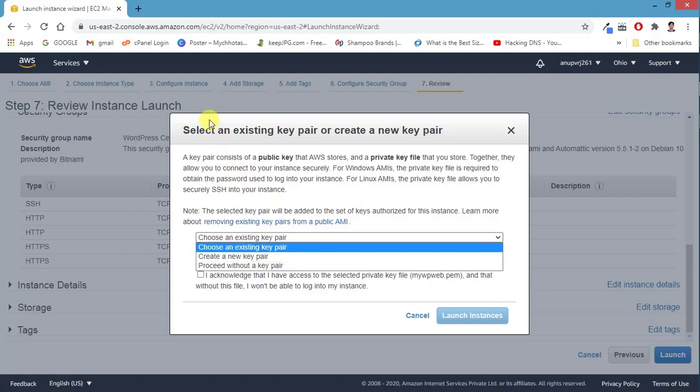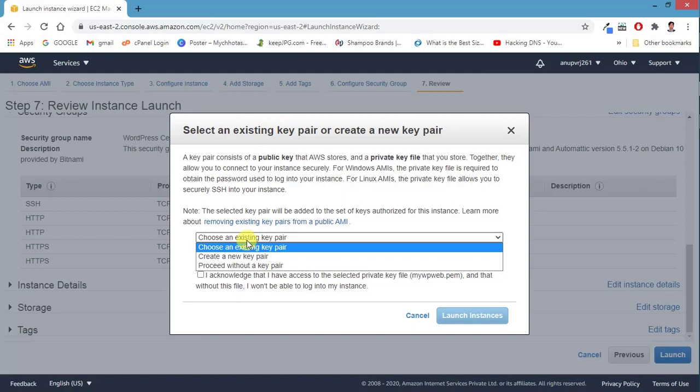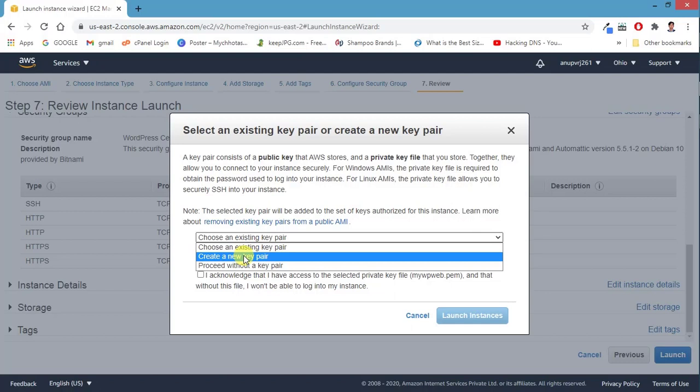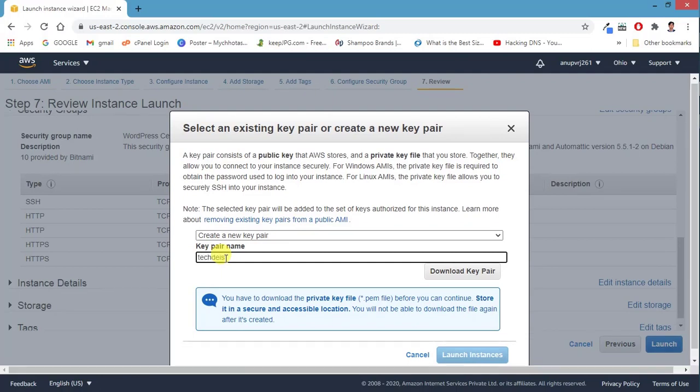Let's create the new one, so here you have to select the key. In your case there probably won't be any extra key. I have an existing key because I have already installed some instances on this account. But here I'll go for create new key pair. So here you have to give the name, and I'll give a name like "tech this". Then you have to download it. One thing is very important: to connect PuTTY and FTP, both are very important, to your AWS server, we need that key pair file. We need this key pair, then only we'll be able to connect, otherwise we won't.